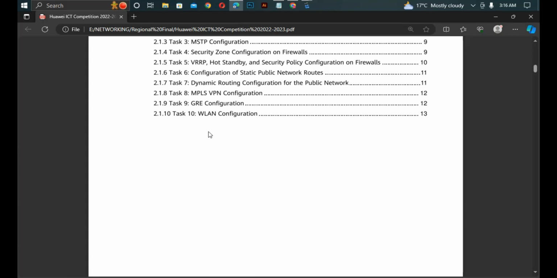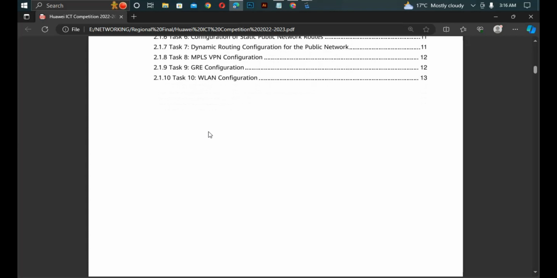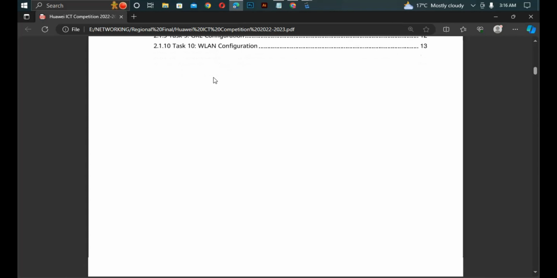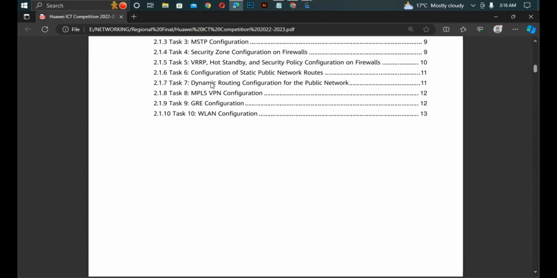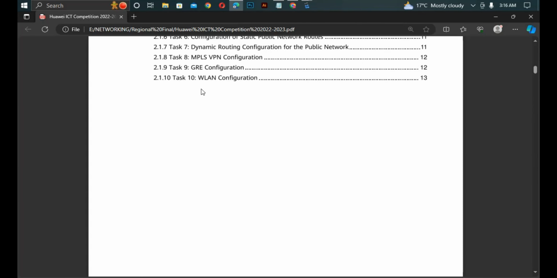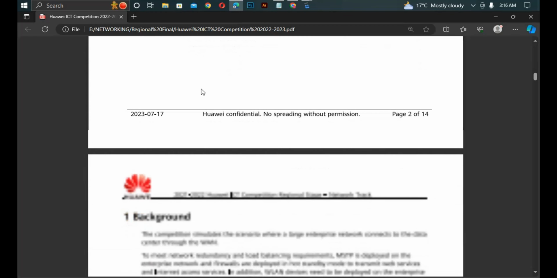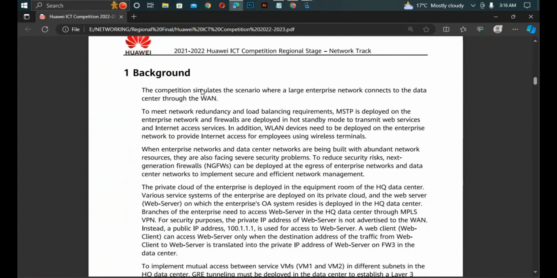This one is where we are going to apply the carrier and the lease network. So at the end of it also, we will need to configure the WLAN configuration for our wireless access. So in the background, it says the competition simulates the scenario where a large enterprise network connects to a